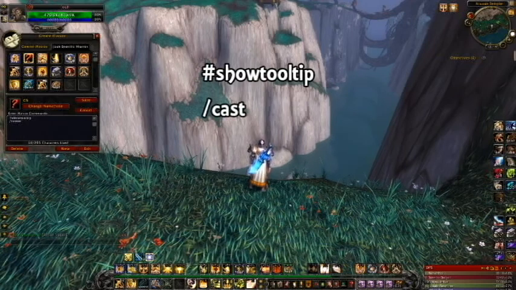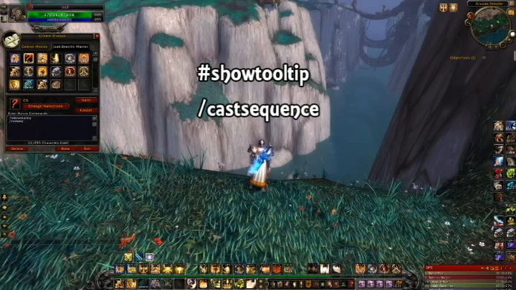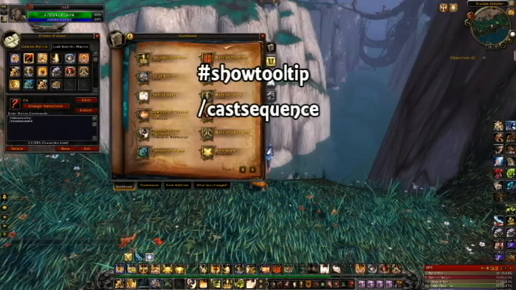Cast sequence. Now you put in your spells. What do you want to put in? Well, let's make this a buff one, because hey, I'm a paladin and I buff the shit out of myself. So